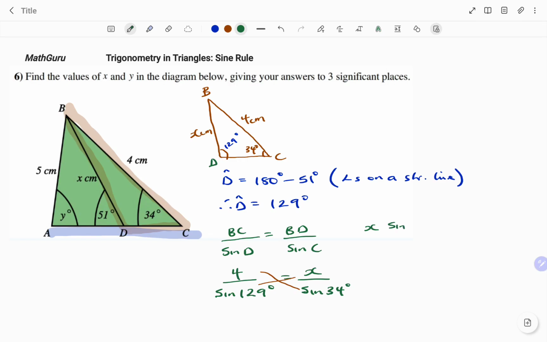sine 129 degrees equals 4 times sine 34 degrees. Then I divide both sides by sine 129 degrees. Whatever you do on your left, you do on your right. I want to isolate my x. I have sine 129 divided by sine 129, that's 1. So therefore my x equals 4 sine 34 degrees divided by sine 129 degrees, which will give us